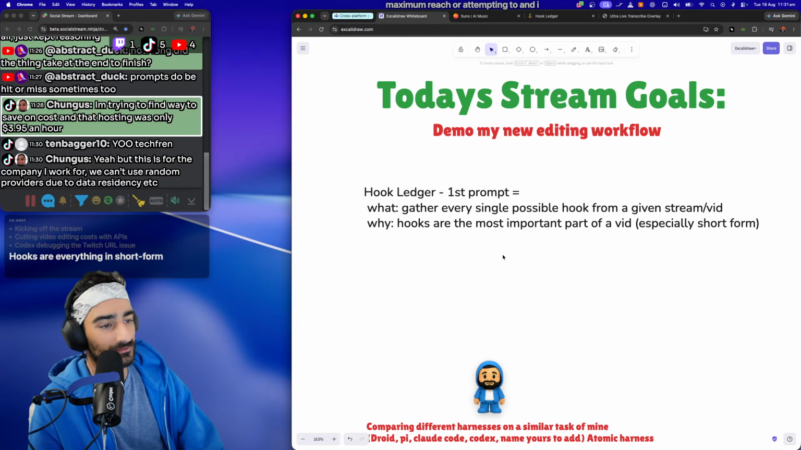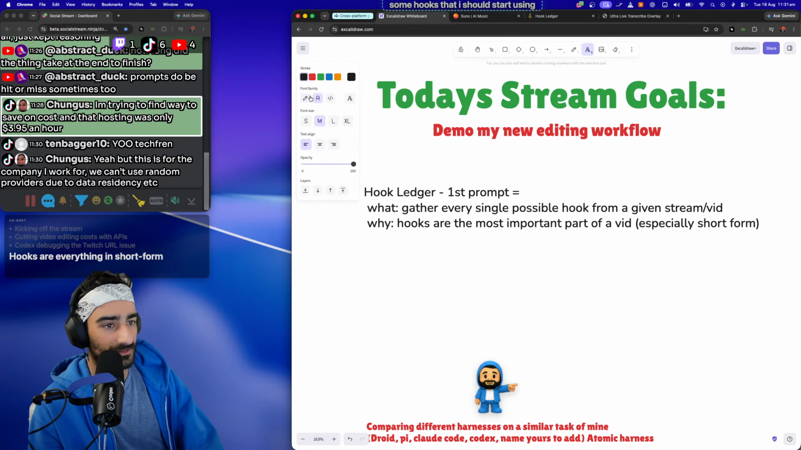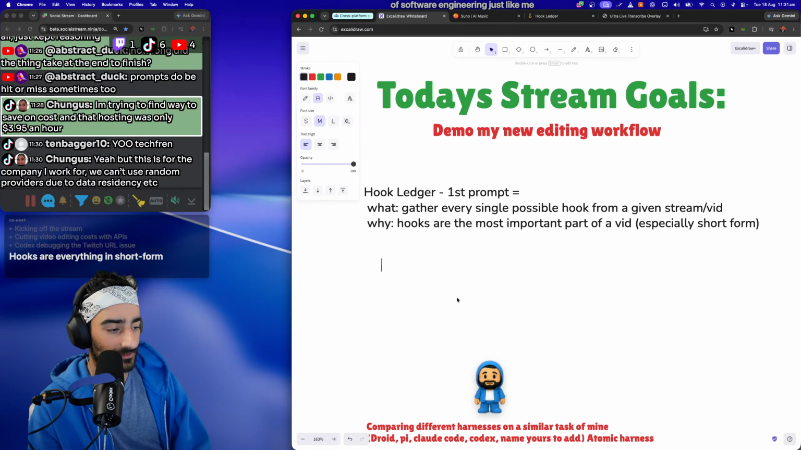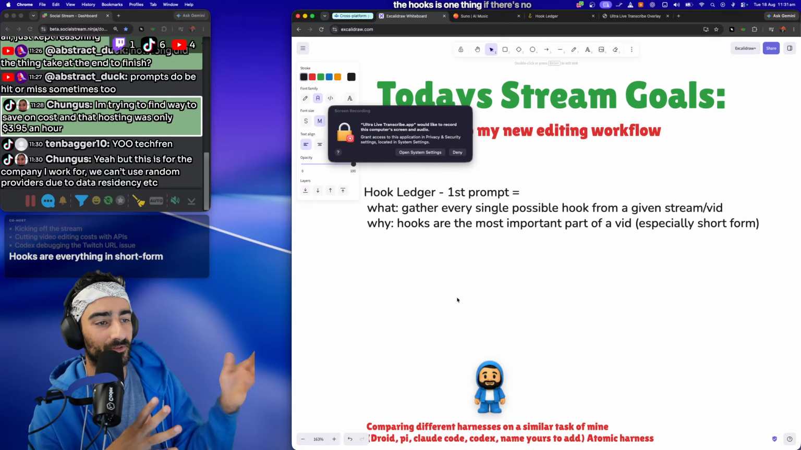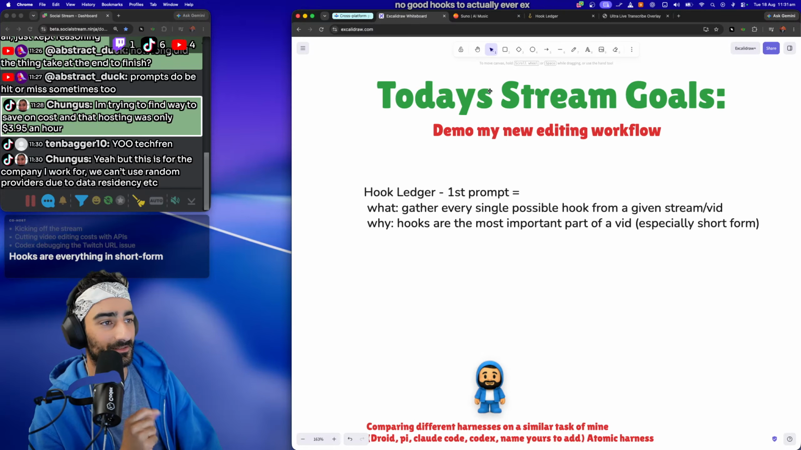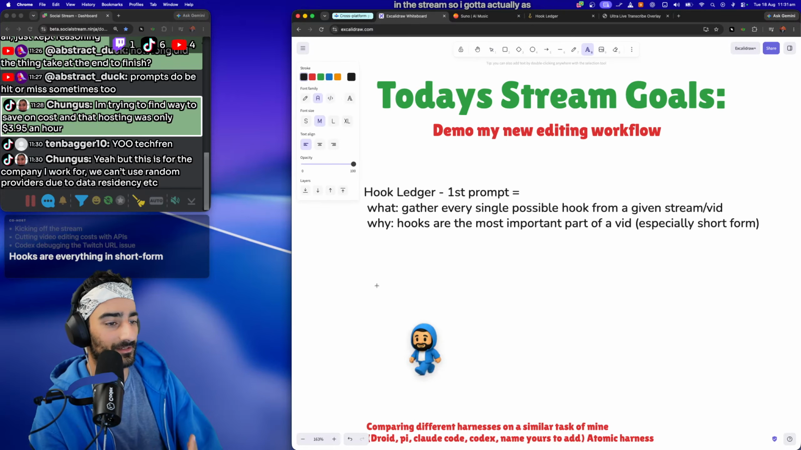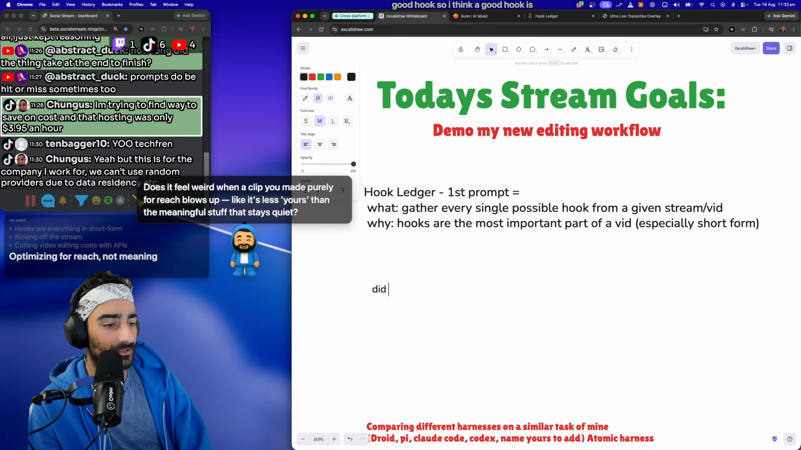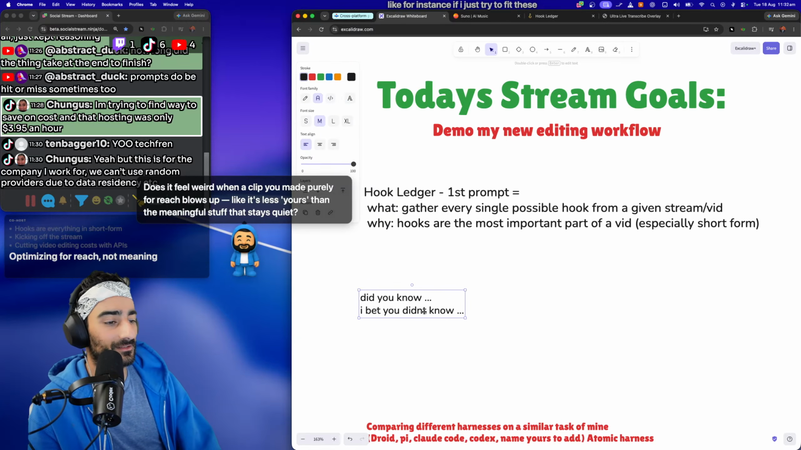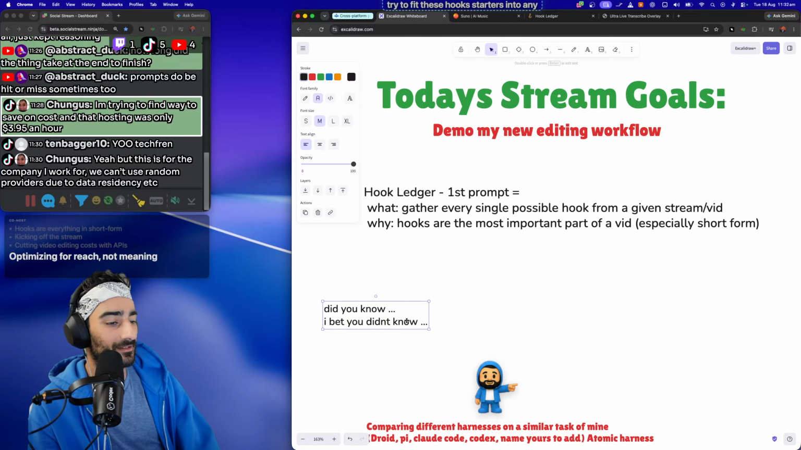And there are some hooks that I should start using outside of software engineering, just me saying it, because finding the hooks is one thing, but what if there are no good hooks that ever exist in the stream? So I have to, as the creator, actually make the good hook. I think a good hook is like, did you know? Or, I bet you didn't know. For instance, if I just try to fit these hook starters into anything,